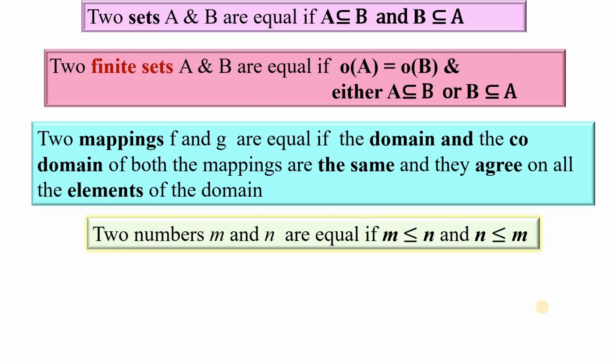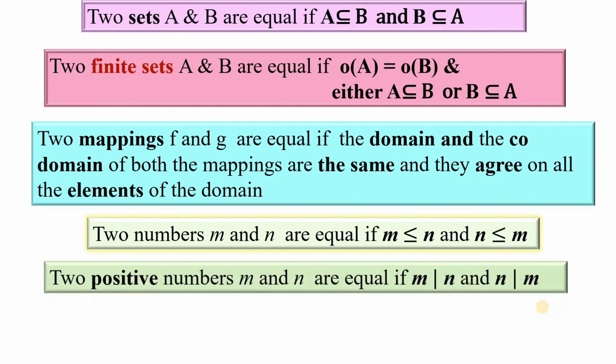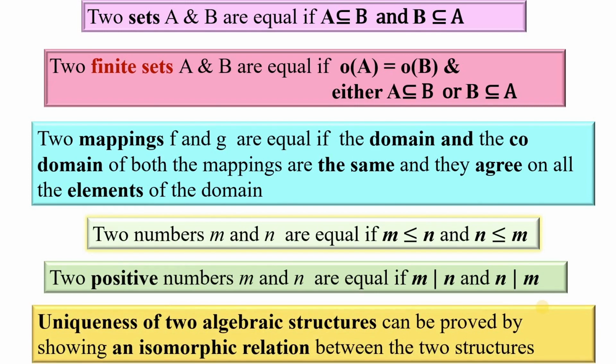So now in the case of two numbers m and n, suppose we want to show that m and n are equal, then we can establish that m is less than or equal to n and n is less than or equal to m. Supposing we have m and n to be positive integers, to prove the equality between them, it is enough to show that m divides n and n divides m. Now, in the case of algebraic structures, we establish uniqueness of two algebraic structures by establishing an isomorphic relation between